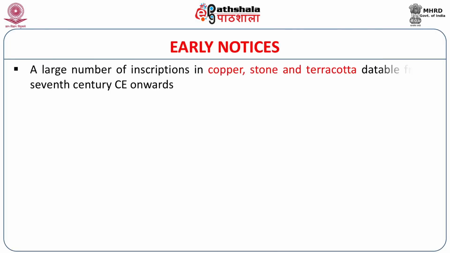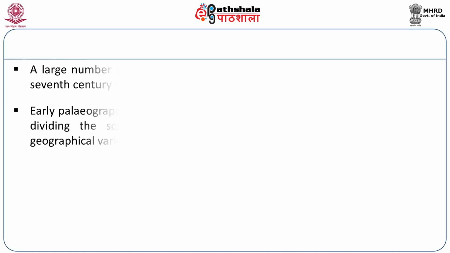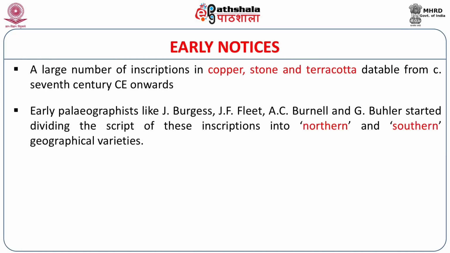If we look at the early notices of these proto-regional scripts, a large number of inscriptions in copper, stone and terracotta datable from the 7th century CE onwards were found, and these formed the earliest set of proto-regional scripts. Early paleographists like James Burgess, J. Fleet and A.C. Burnell and George Buhler, they started dividing these later proto-regional scripts found on various inscriptions into northern